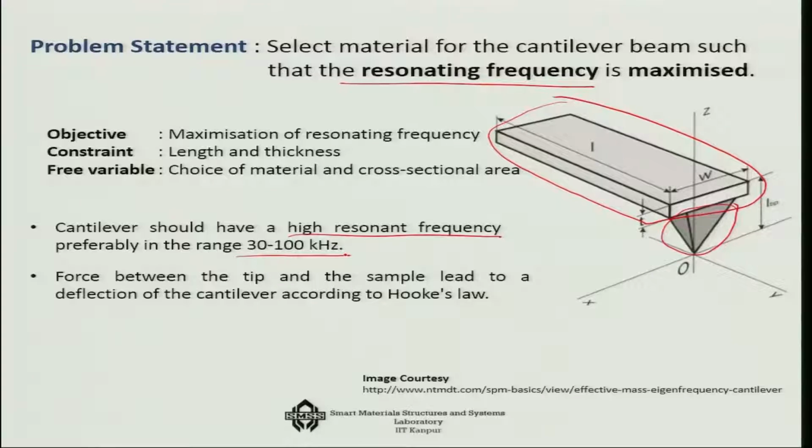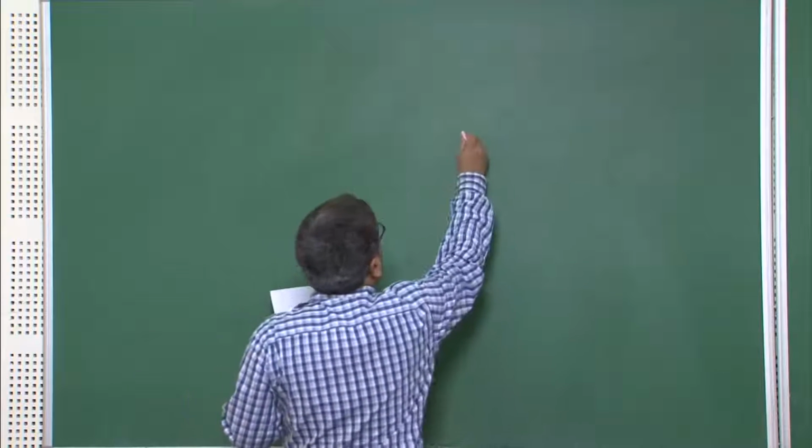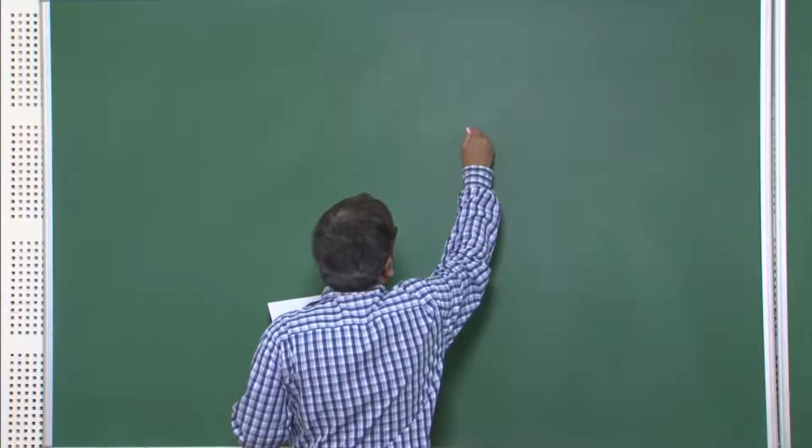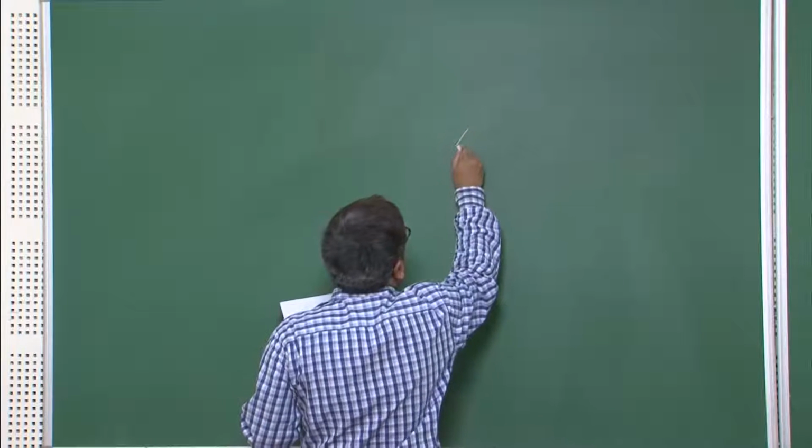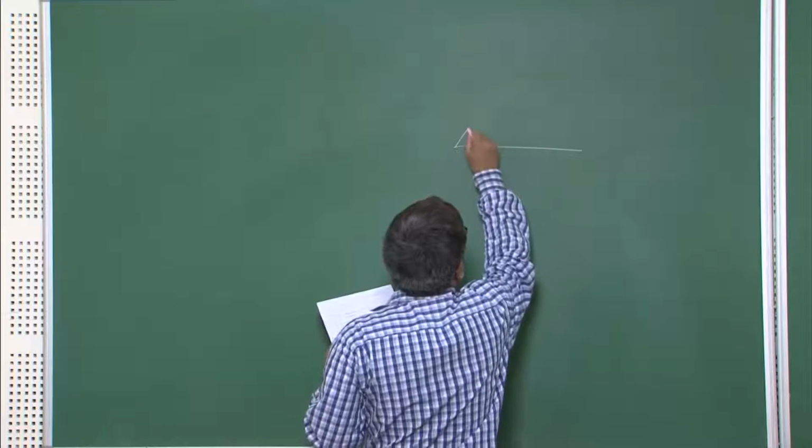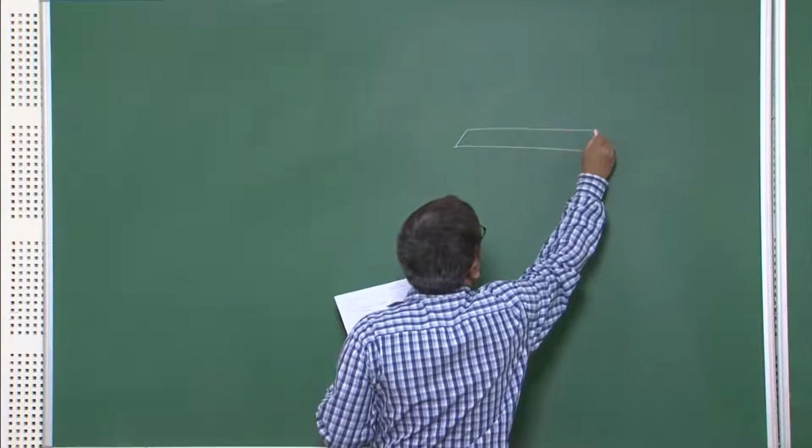Now, let us go to the board and see how we can do the same thing with the help of the Ashby technique. So, let us try to solve this problem. We have a cantilever beam, let us say. I will draw the beam first,